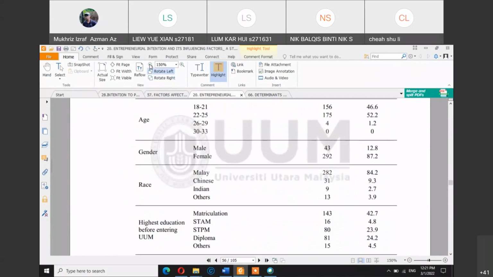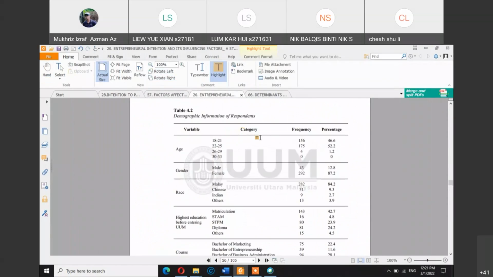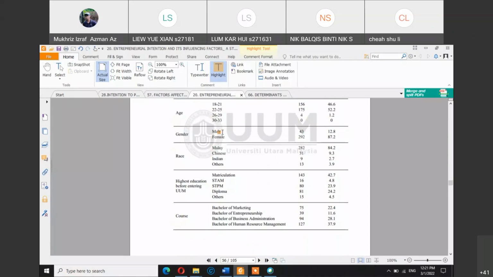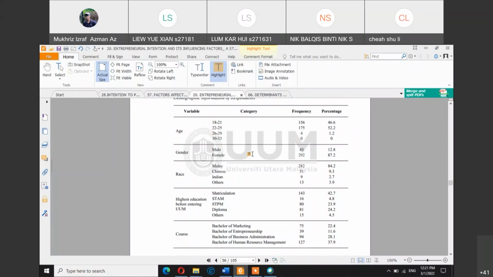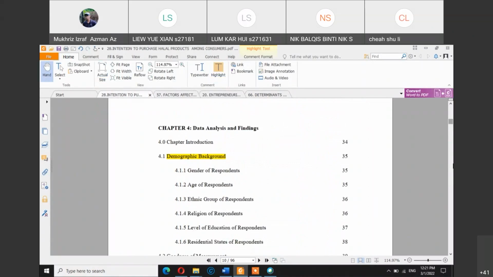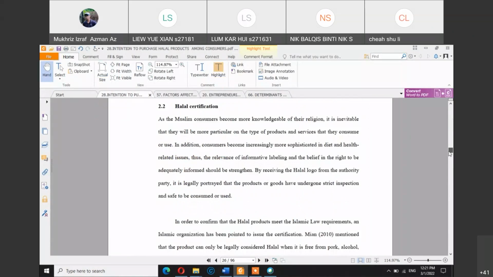Okay, so this is how the student actually summarizes the output of the descriptive analysis, meaning that the student has put everything in one table. The main items in section A of your questionnaire: the age, education level, course structure. I think this student also relied on UUM students as the respondents. But in thesis number 28, I think the student goes a bit too detailed,